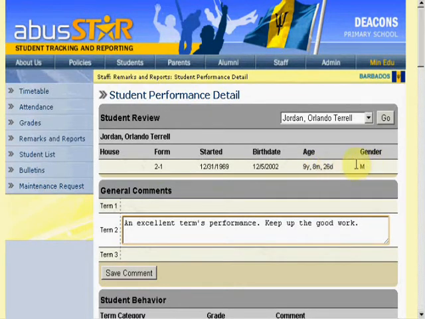As I said, a lot of this information that you normally find in the report, like the age and so on, a lot of that information is there. Okay, you click on save comment now,